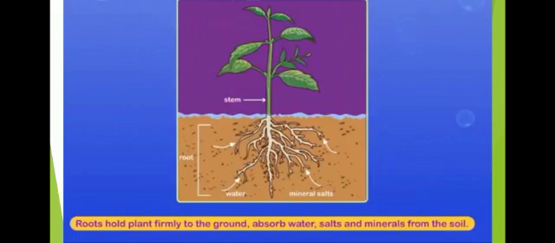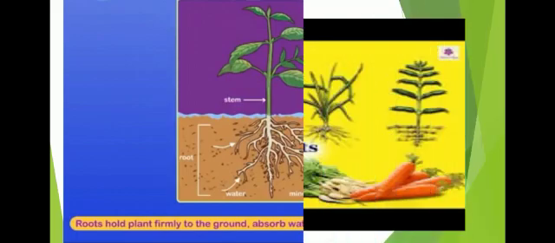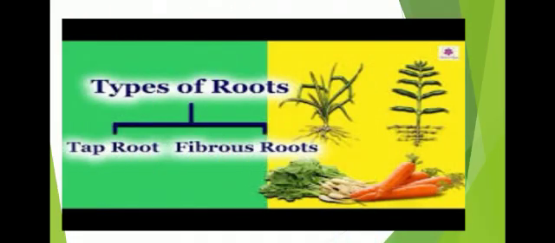Next, absorption. The root absorbs water, salts and minerals from the soil. This is required for the plant. Next, storage of food. In some plants, roots store food. Examples: carrot, radish, beetroot. Now we see the types of root. There are two types of root: taproot and